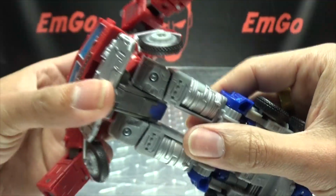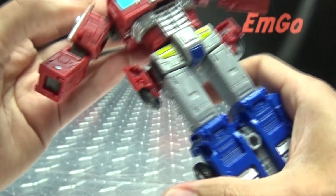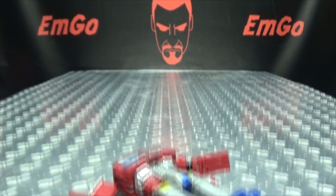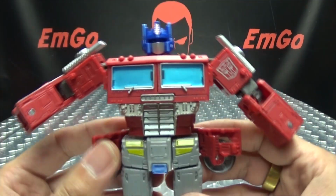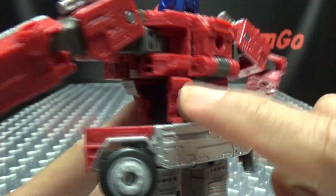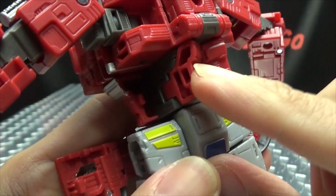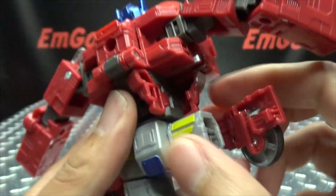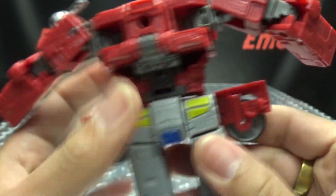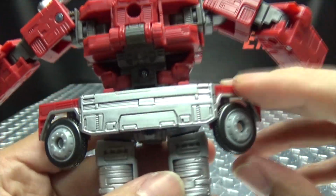But once you have that in place, then all of this just comes down and snaps right there. At this point, we can bring the legs down, rotate the waist 180. Let me raise up a little bit so I got some room to operate. There we go. So once we've done that, we come around to the prime booty. And well, we're not working on the prime booty yet. We have to finish up his waistline here, and I always forget to do this. First thing you want to do is take these side pieces here, and these will just come down to finish off his waist, and then we turn it around, and then we come to the prime booty,